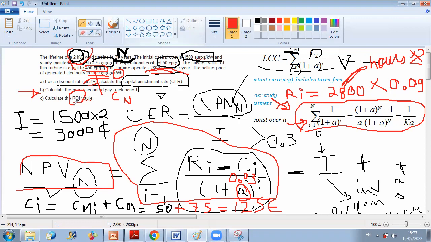At the end? Yes. Look, ROI is the rate of return on investment. It is the value of the discount rate that gives me a payback period equal to n. Now what is the goal of calculating the ROI? Why do I calculate it? To know if it's profitable, so I can see if the discount rate